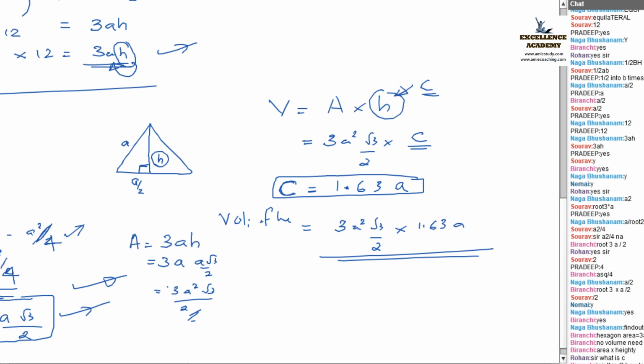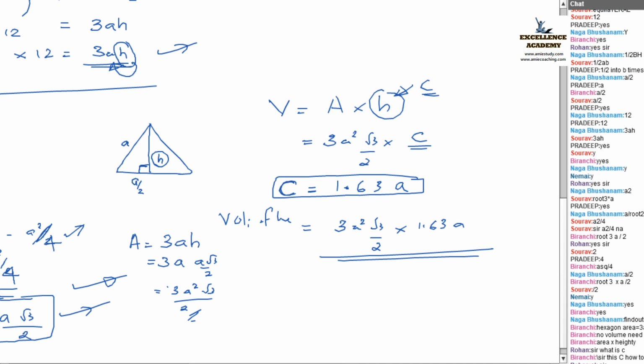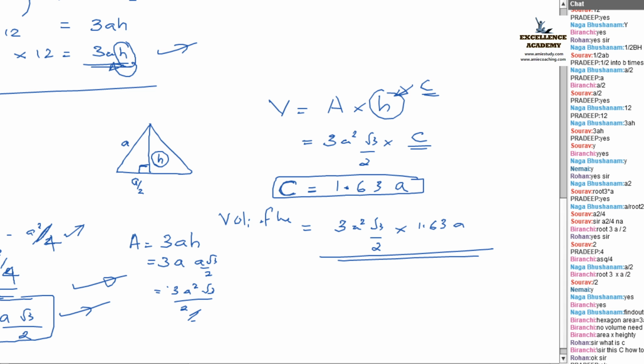No need to derive that expression because this derivation becomes lengthier. That's why it is cut short. You need to write only the value of C in terms of A. You can skip that derivation. Got it? Otherwise this derivation will be somewhat lengthy, and it seems to be difficult for you. That's why I cut short. C is equal to 1.63 times of A.